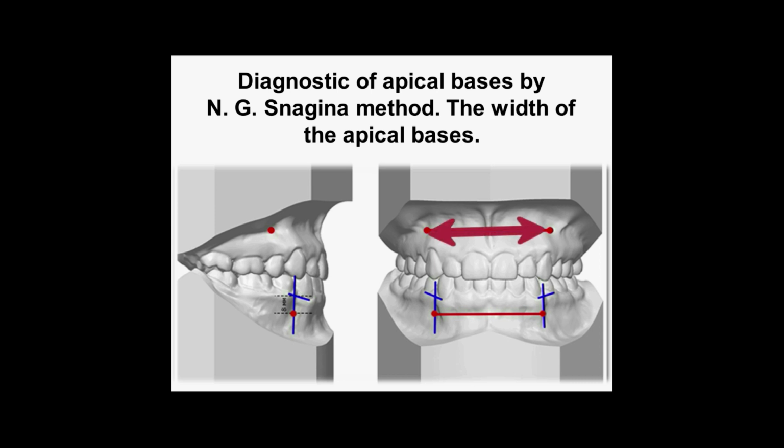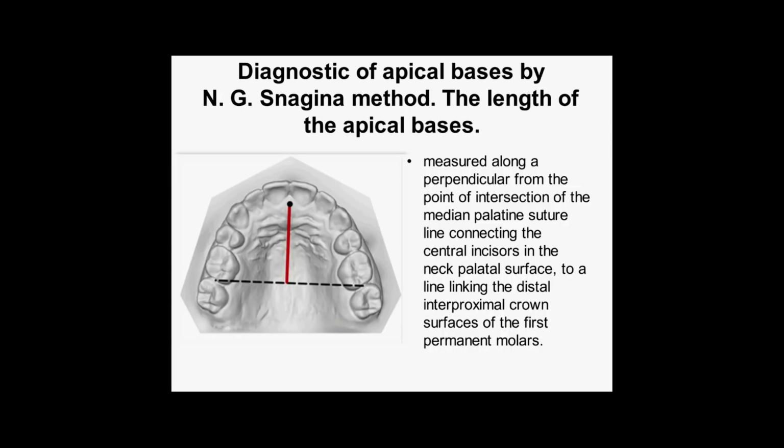a straight line between the deepest points in the fossa canina, that is, in the recess between the apices of the canines and first premolars. On the mandibular model, the measurement is made between the same teeth receding from the level of the gingival margin by 8 mm. The length of the apical bases on the plaster model of the upper jaw is measured along a